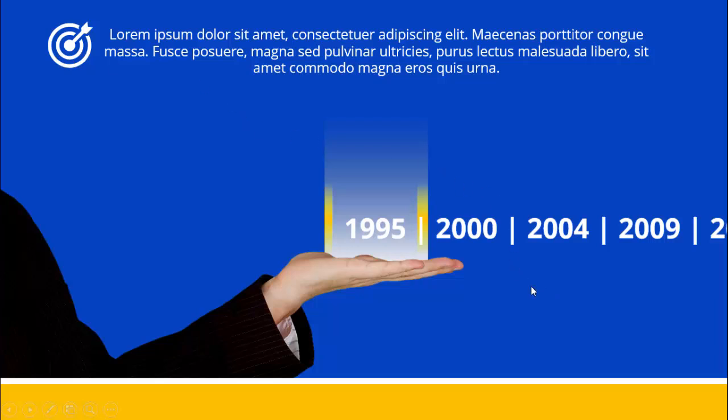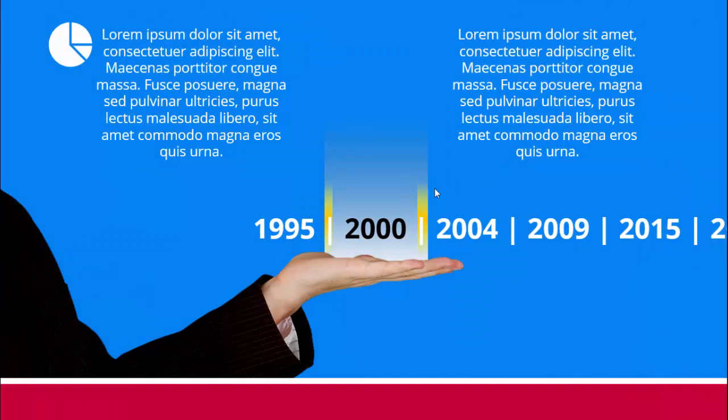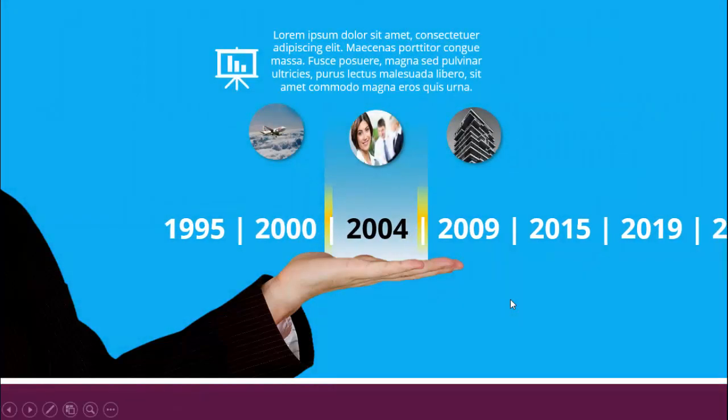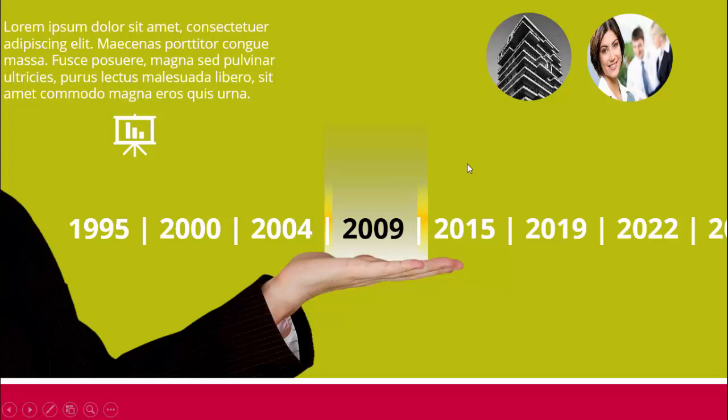When I click it, the year moves to the next year, which is 2000, and then the information at the top changes. So you can see here, now this is for 2000. It has changed to the black color, and then it has changed to 2004, and I've added different icons here, and then it changes to 2009, and you can see here how I'm changing the background colors. This way you can see how I have converted the normal boring timeline slide to a more engaging and more interactive one.